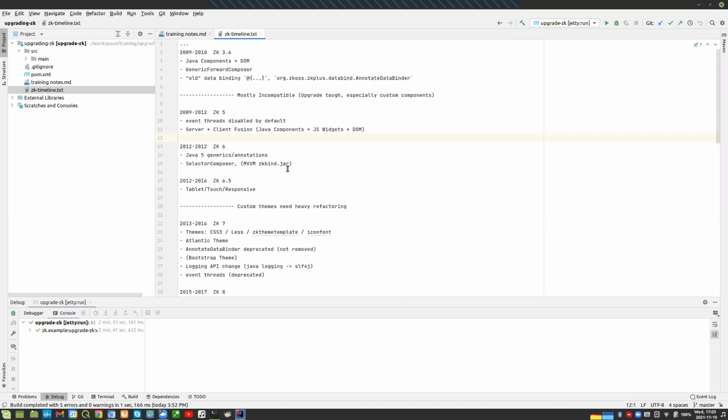Yeah, so you see a ZK timeline. I don't start before ZK 3.6 because I personally have no experience with it. That's really before my time. So I hope no one is on a version older than 3.6. If you are, your application will mostly be incompatible with ZK 5. Somehow ZK 4 is missing in the middle. So if you are in this old state,